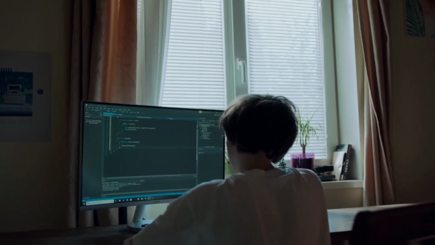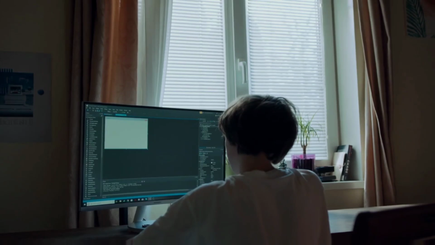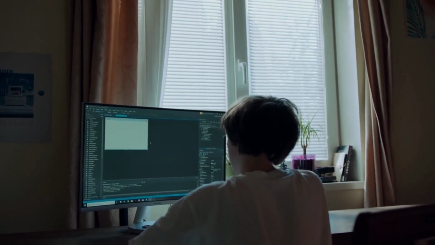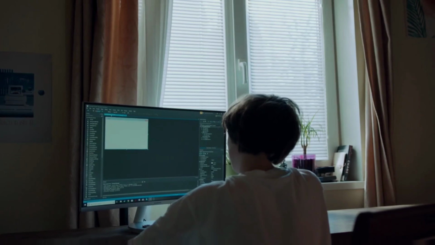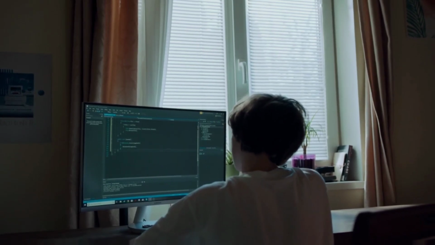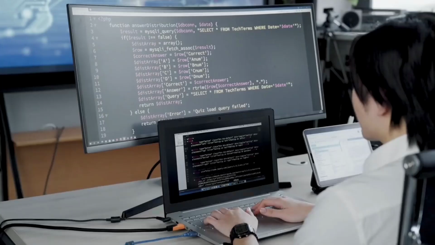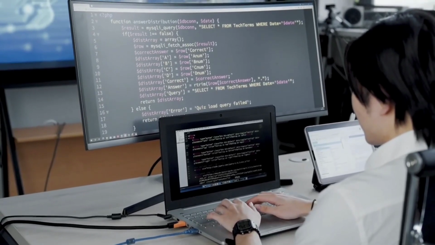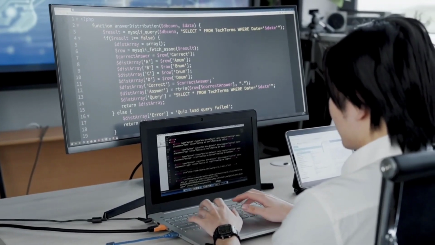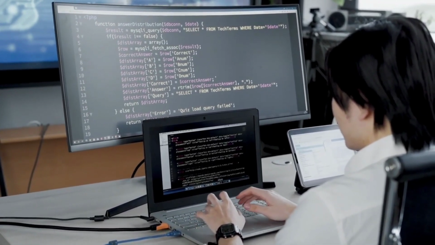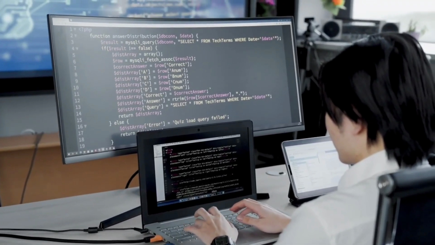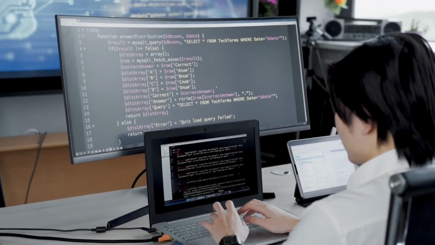However, setting these headers on your server isn't enough. You'll also need to modify your front-end code to include credentials in the request. This usually involves adding an option to your fetch or XMLHttpRequest call that tells the browser to include cookies and other authentication information. To summarize,